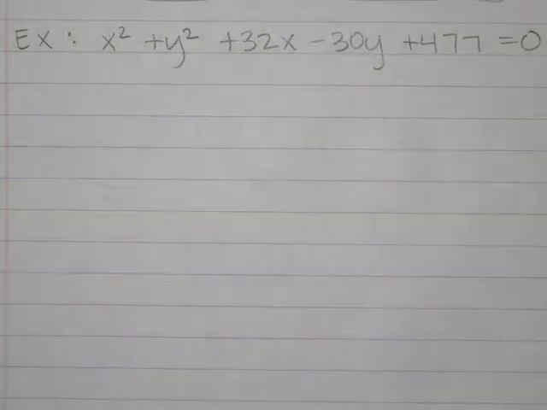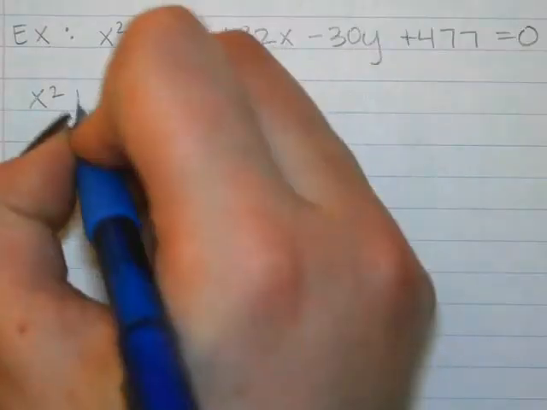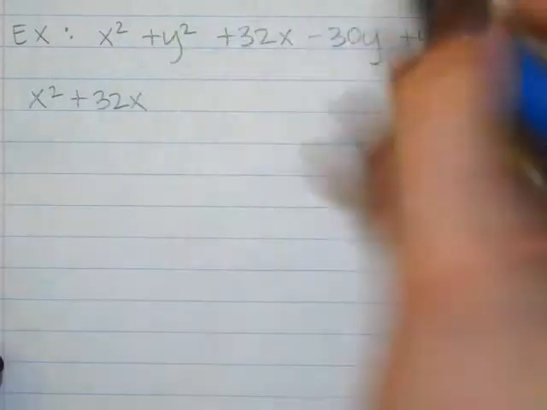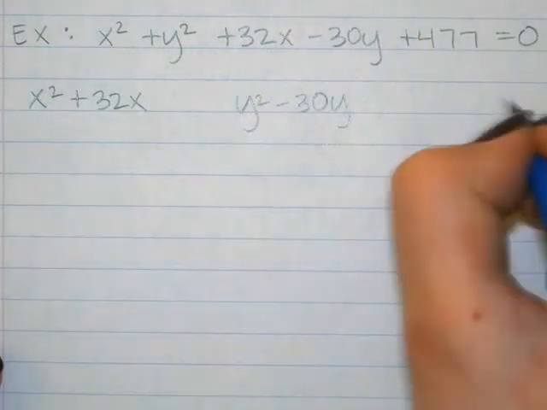And what should I do first? Kind of like combine like terms, but I group them, right? Group them by the letter. So I'm going to have x squared plus 32x, y squared minus 30y,